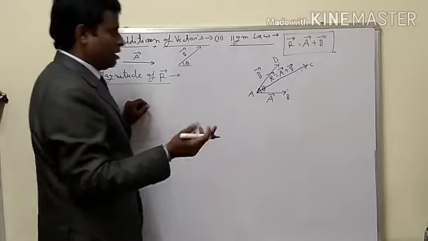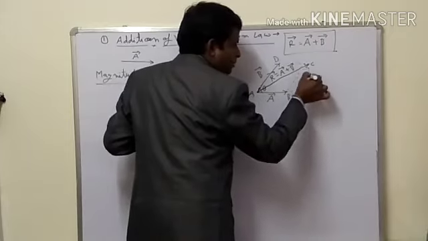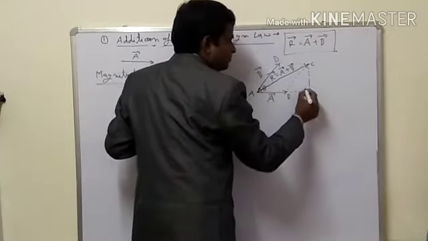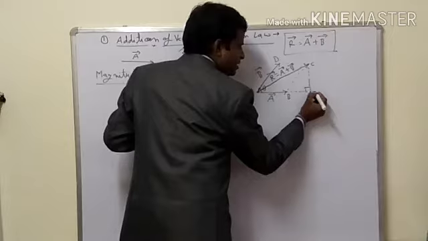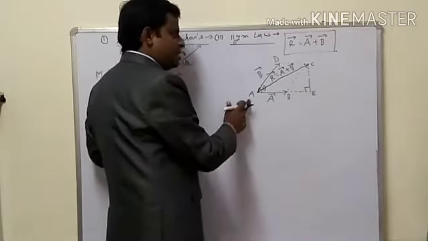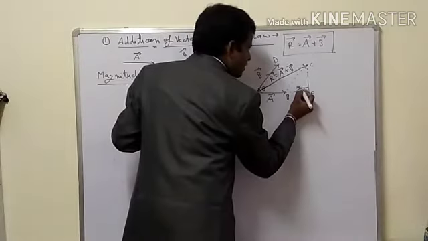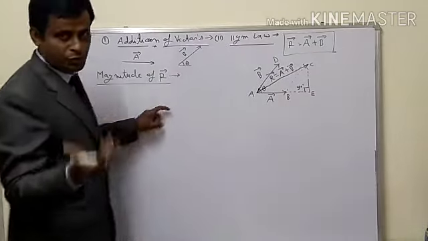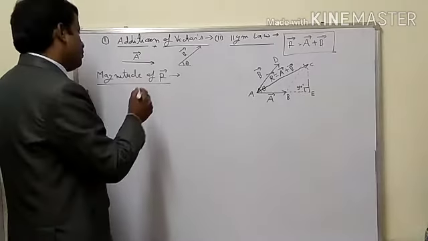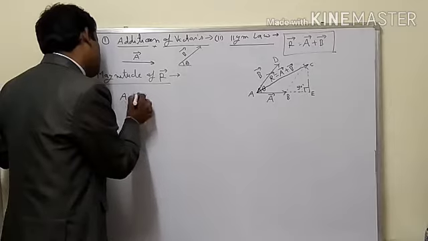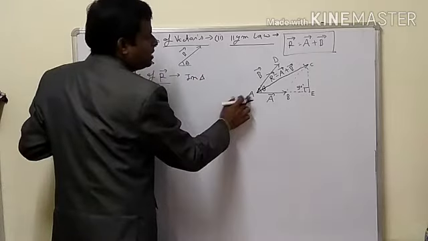Same process. We will extend this side AB and draw a perpendicular from C and form a right angle triangle over here. Suppose this point is E. So in this case, AEC is a right angle triangle. Why are we forming a right angle triangle over here? Because we want to use the Pythagoras theorem, as similar to the triangle law of vector addition. Now for using this law, AC square in which triangle? In triangle AEC.